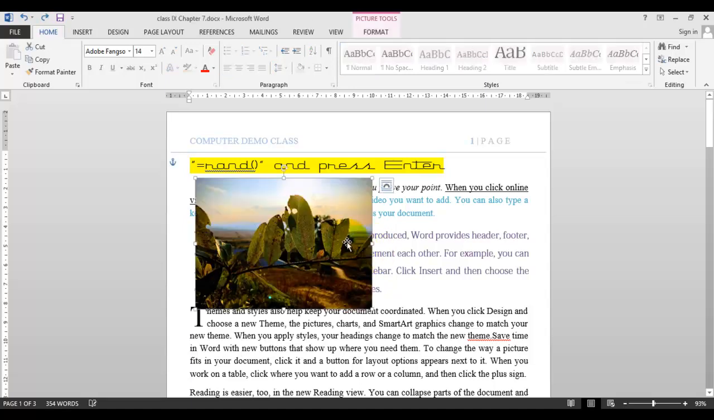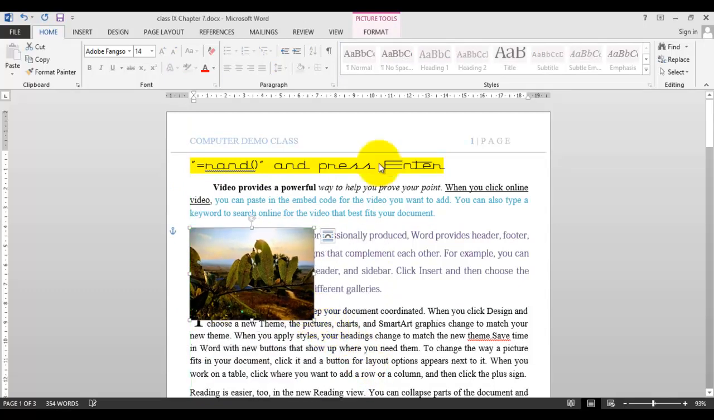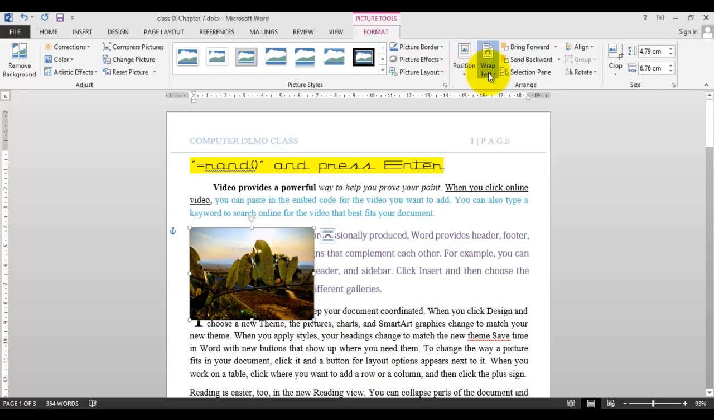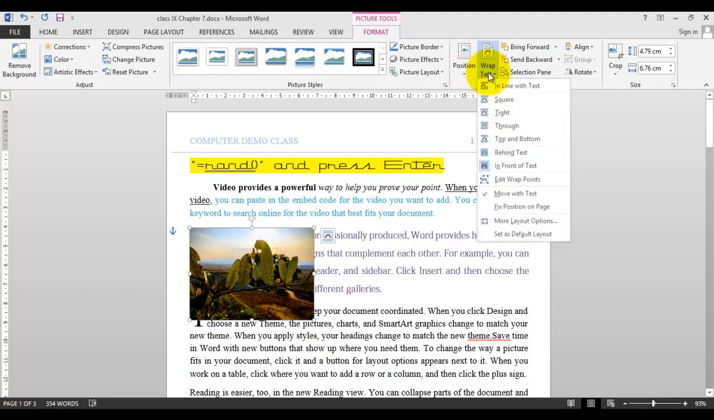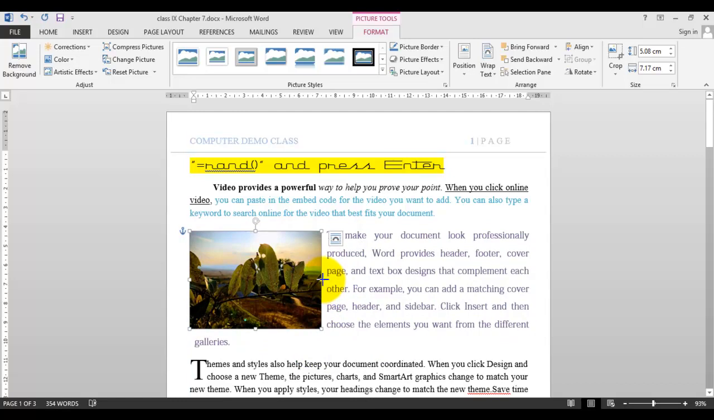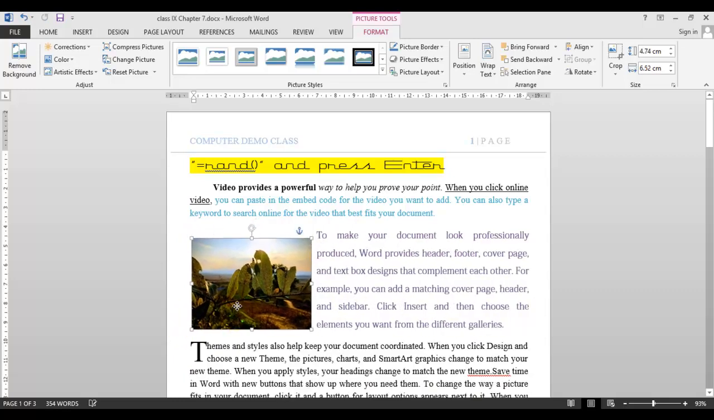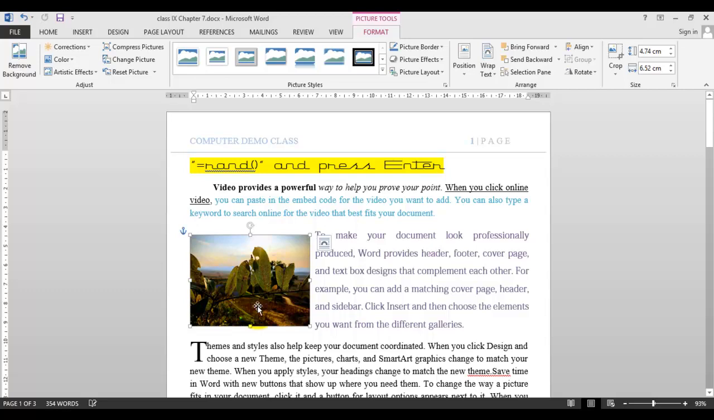I'll undo that again, and I want to keep this. Now I want to keep this picture like this. Now adding border to graphic. If my picture has,